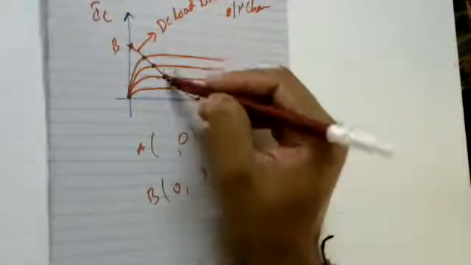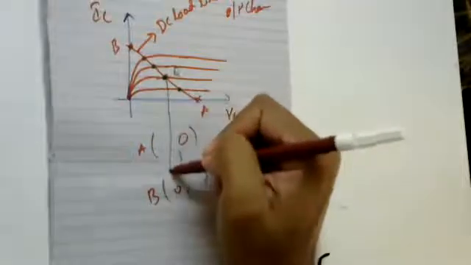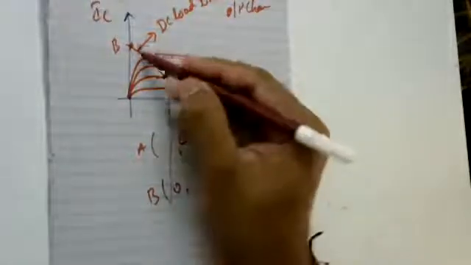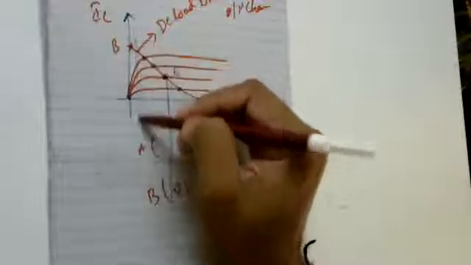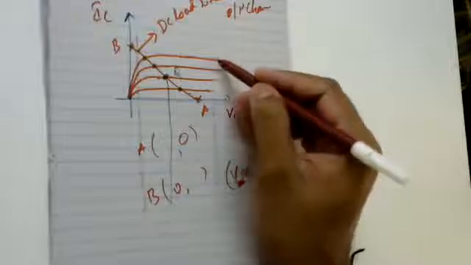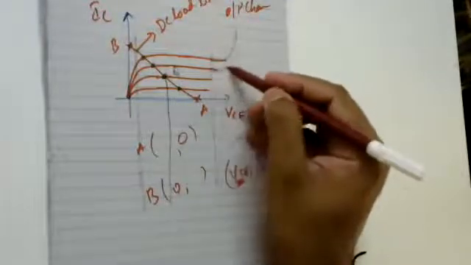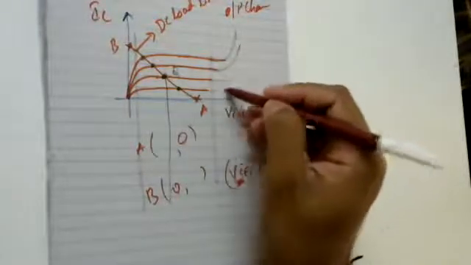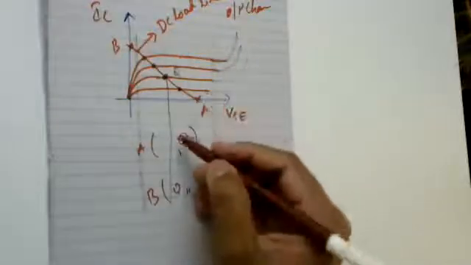If I select this as my Q point, then I know that this is my saturation point, and this is the point where the maximum voltage can be seen. Beyond VCC, if you start applying more voltage, it may rapidly move to an exponential rise of the value of I. So we are not going to go beyond this. It means I'm having both an upper limit as well as a bottom limit. So the swing that I'm able to see in this circuit will be somewhat like this. This is the best swing I can have.